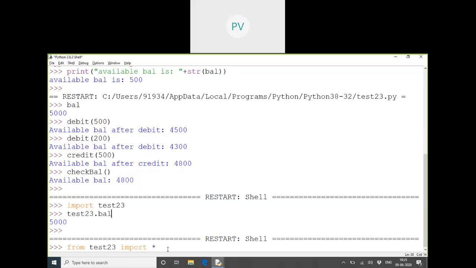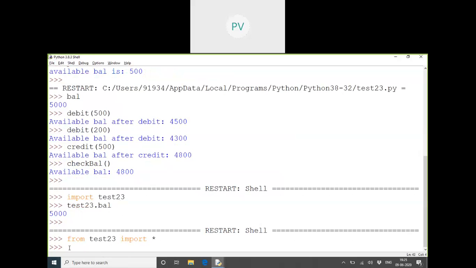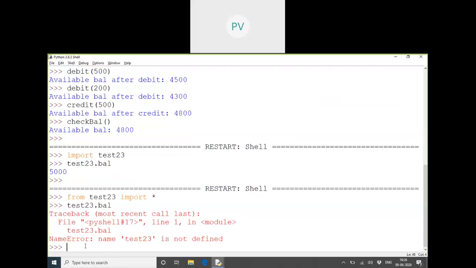But here it's like downloading everything into this location. So now we can call anything directly when I use the import statement with the keyword from. From test23, we want to import everything. So now I don't have to call test23. If I do that, it will give an error, because the whole code is copied into the shell right now, as if present in this page only.